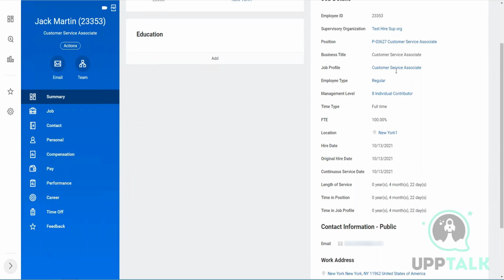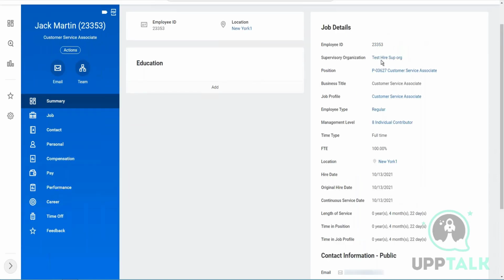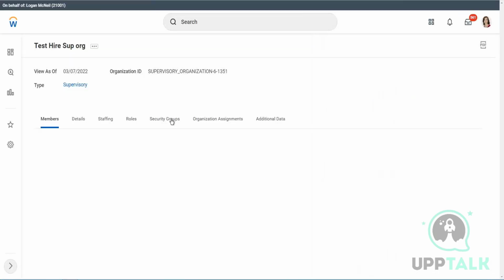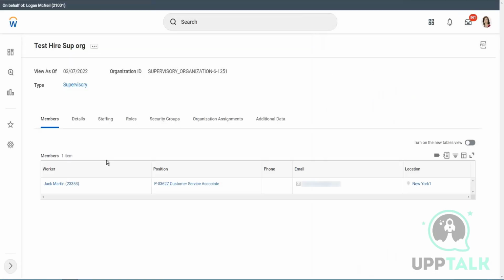Let's go to this one, supervisory organization. It says Test Hire Support. Let me click on the supervisory organization. It has this member, Jack Martin. Jack Martin is a member of this supervisory organization called Test Hire Support. Now, if I click on the location, New York 1 to be more precise,